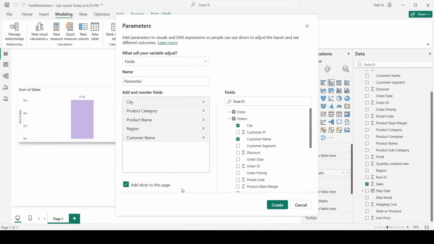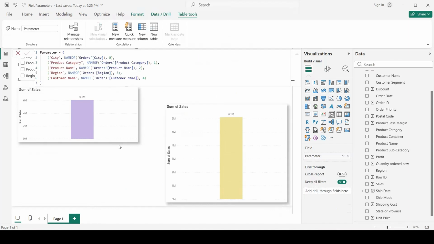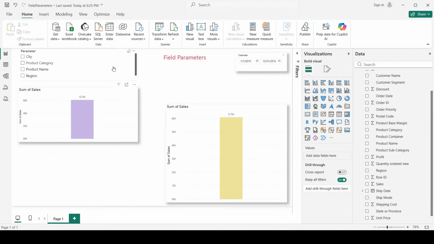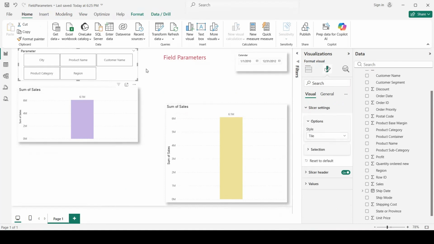So once we create, we click create. We add a slicer to our page. So it looks like this. We can change the way we visualize these categories by going in slicer settings, choose style, and now they look like some buttons.